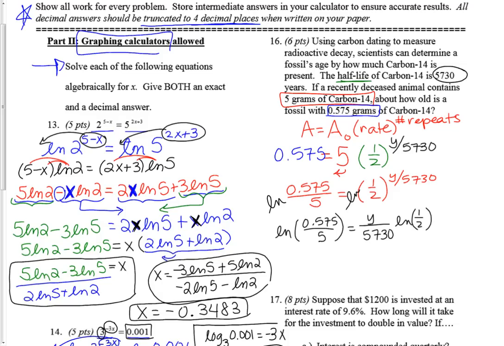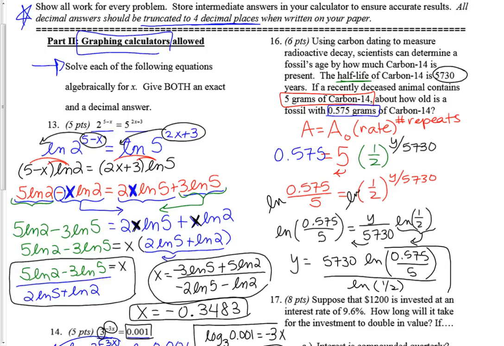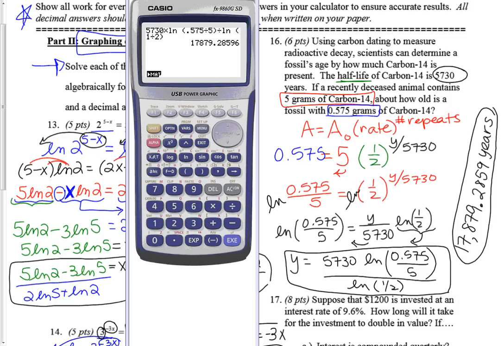So in order to get the y by itself, I'm going to need to multiply the 5,730 over to the other side. The other side already had this natural log expression. And I also am going to have to divide the ln of a half over to the other side. You can write it as all one big ugly fraction. That's fine. This is how many years. That's a crazy expression, so I'd like to also get the decimal equivalent. So I put that into my calculator, and I have